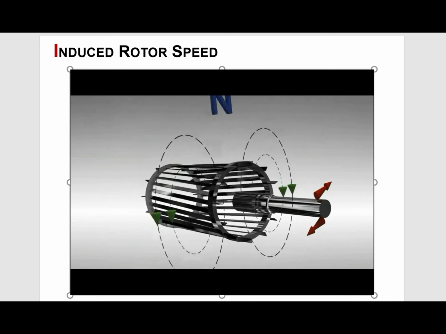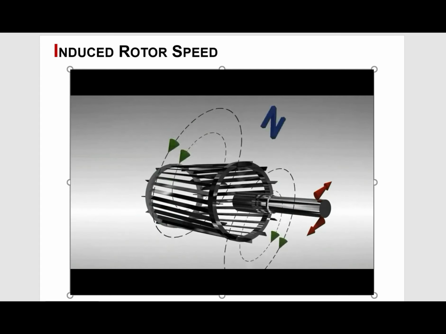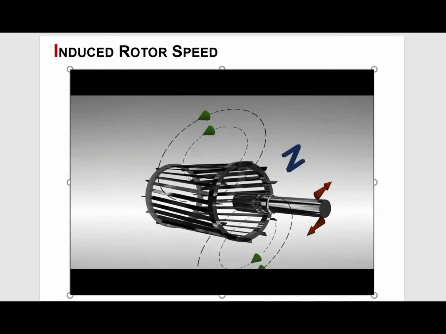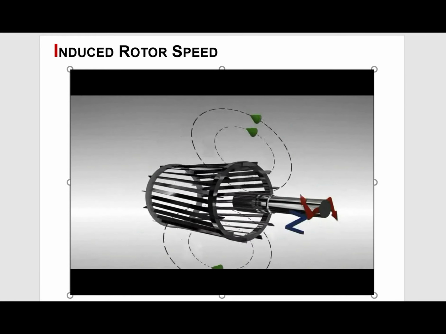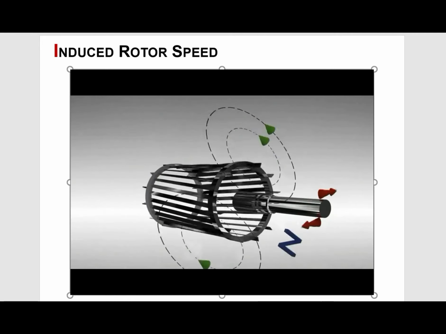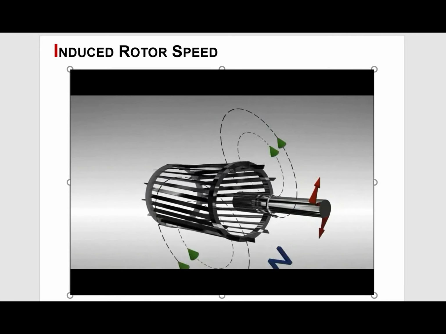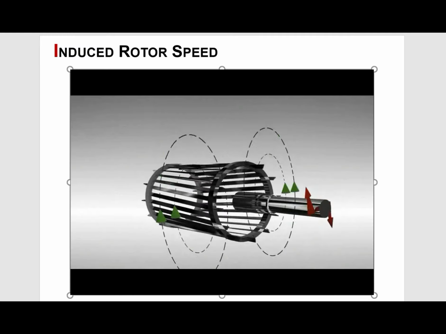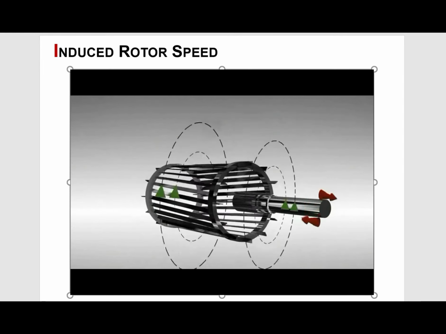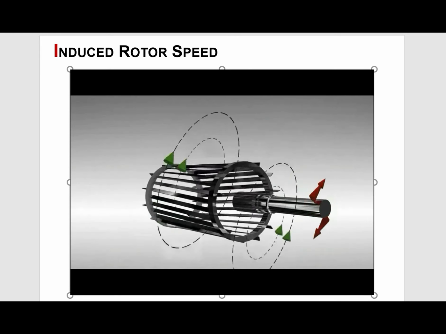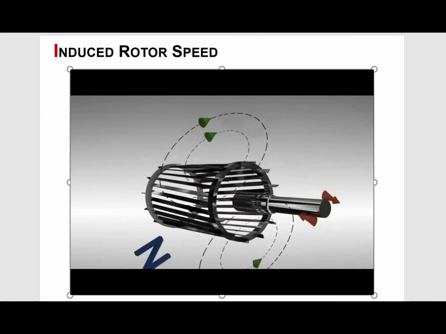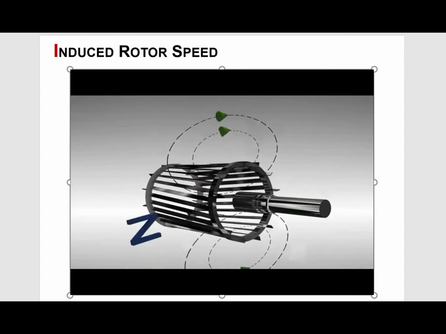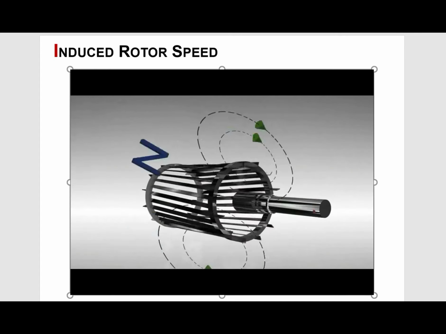The current-carrying conductors are in the path of the flux created by the stator. Consequently, they all experience a strong mechanical force. And as soon as the rotor is released, it rapidly accelerates in the direction of the rotating field. As it picks up speed, the relative velocity of the field with respect to the rotor diminishes progressively. And this causes both the magnitude and the frequency of the induced voltage to decrease because the rotor bars recut